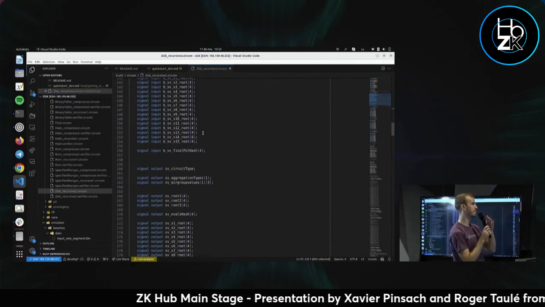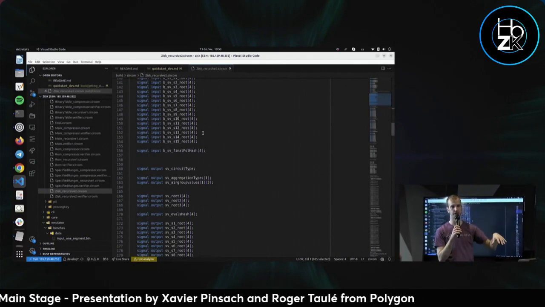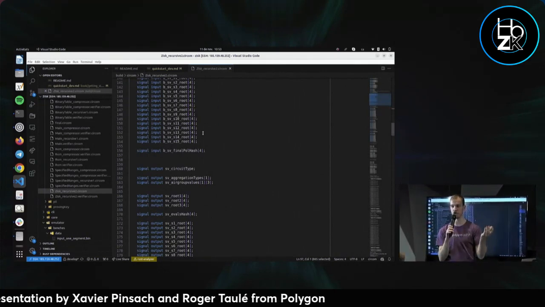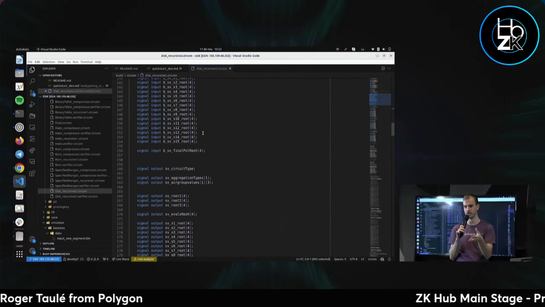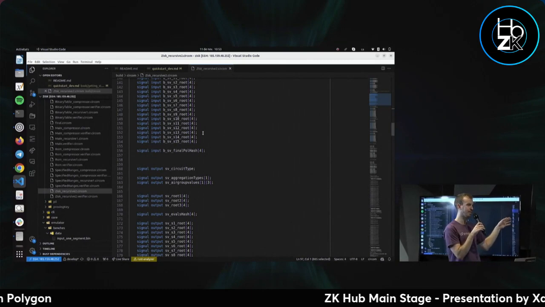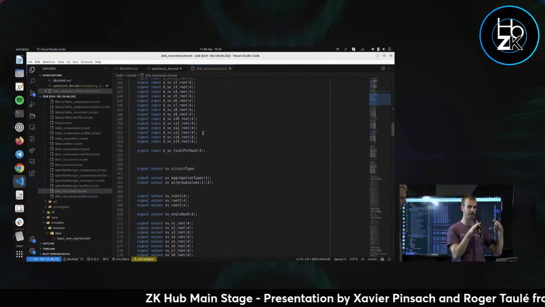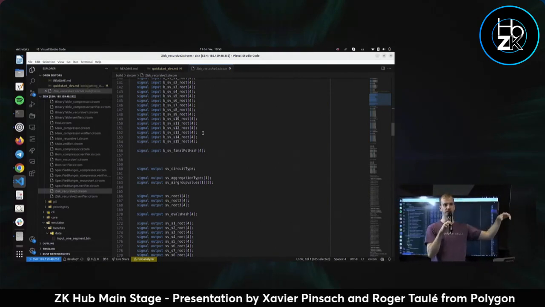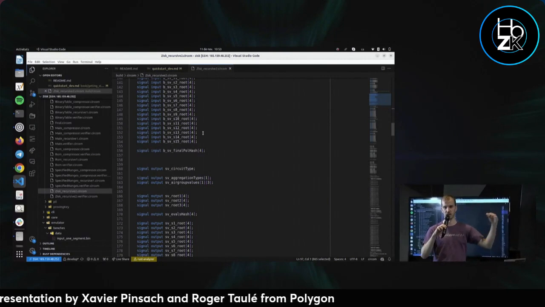So we said that all instances share the same challenge, right? But we need to ensure that. We need to make sure that our proof checks that this is right. So the way we build the global challenges is that we build a tree of all the, for example, for the first stage, we got all the roots of all the instances, and we build a tree. And then when we aggregate,